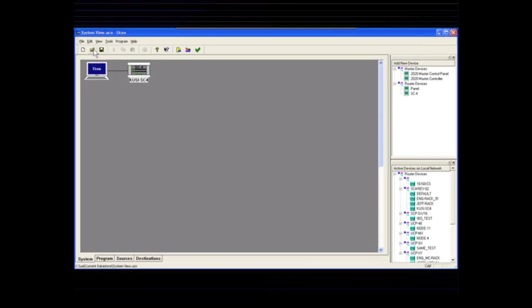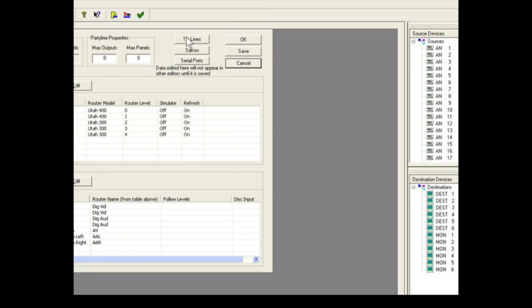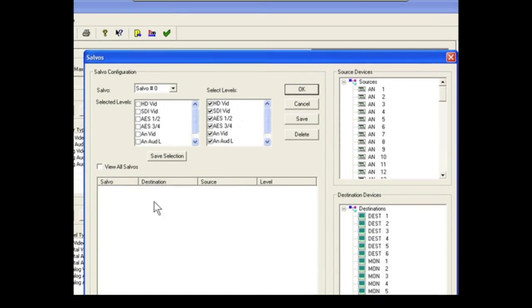Now, to set this up, what you need to do is go into your Yukon application, which is go to your shortcut wherever that's at, launch the application. Mine's already running, and then navigate to your UCN file and open that. You'll probably have some control panels and other items here on the screen. And right-click on your SC4, go to Configure, and then up here in the upper right section, there's a Salvo button. Go ahead and press that, and you'll see this dialog appear, and this is where you'll set up your